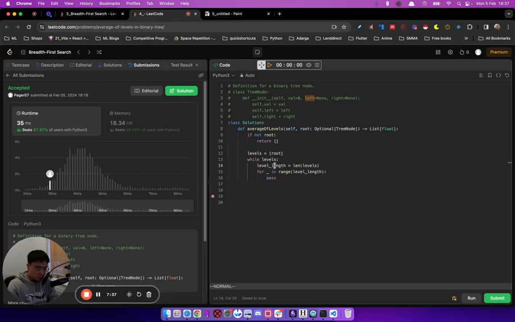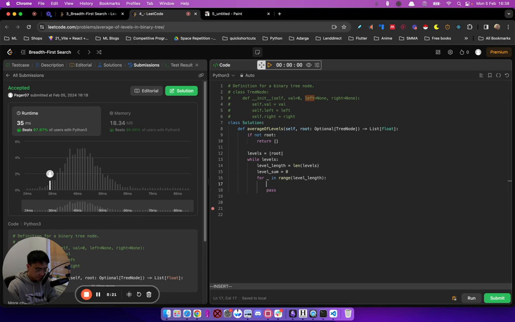I think once we think in that mentality, we can really appreciate how this implementation gives us access to level properties, right? For example, level length, we can have access to how many nodes there are in a particular level, and stuff like that, or even do some very level related stuff, or row related stuff, if I'm talking about that particular structure. So in this case, level sum would be 0, and